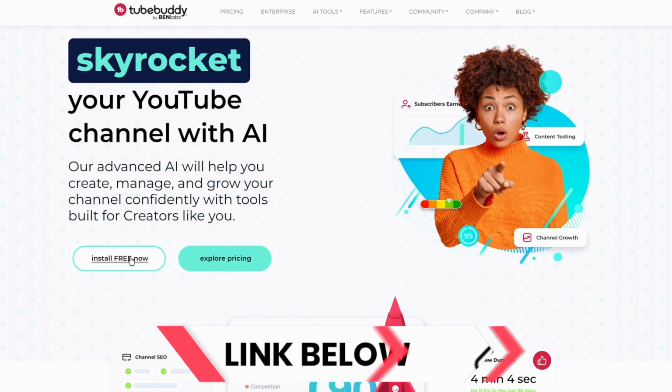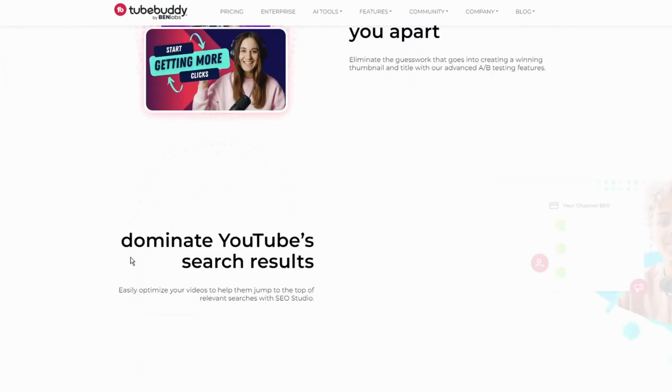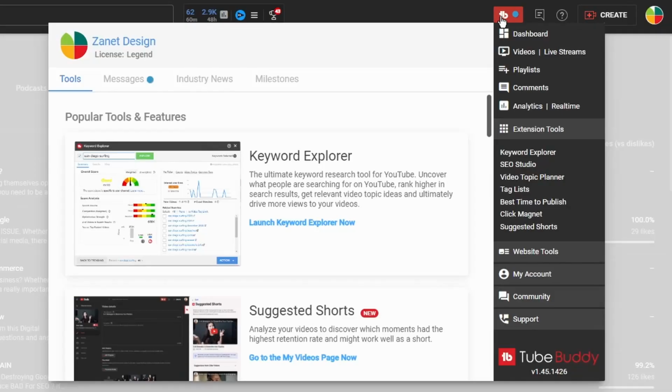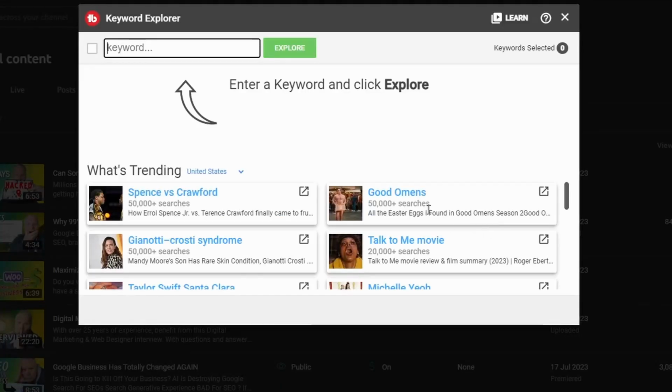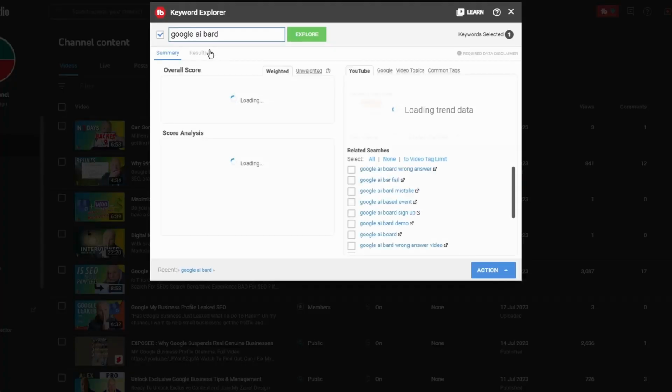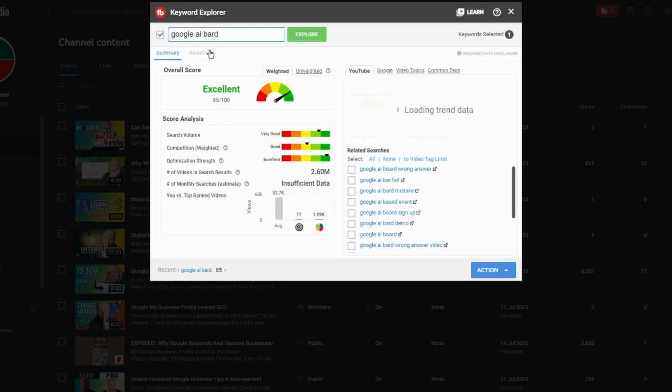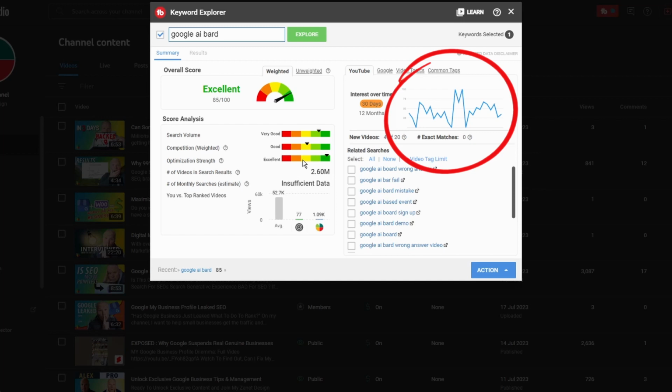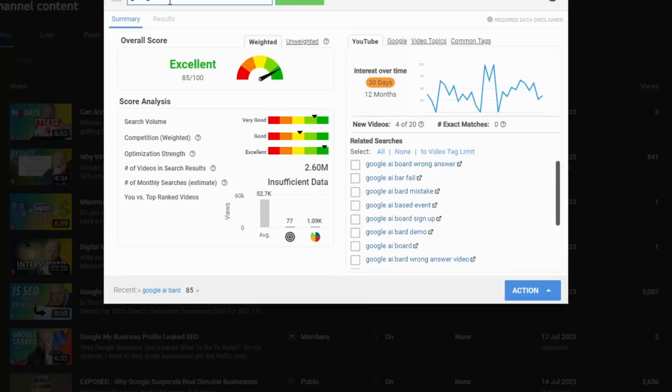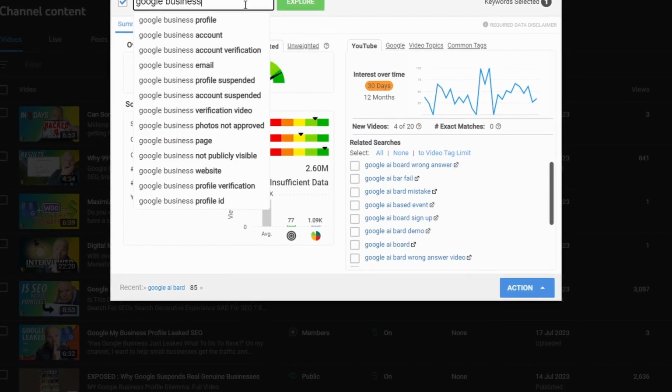You just pull up the add-on, and there you can put in your keywords and see what is actually being used, what is trending at the moment, what would be useful for your audience. I've used this many times to find out, for instance, when AI came out and Bard and ChatGPT came out, you had to get involved in that. You could see it was trending. There's always going to be a version of something you can bring in. Maybe AI affects your type of business or your type of aspect of what you're producing. But either way, jumping on a bandwagon of something trending will certainly give you some ideas.